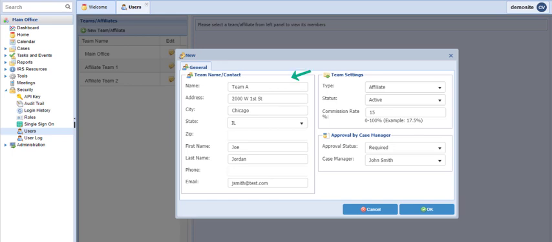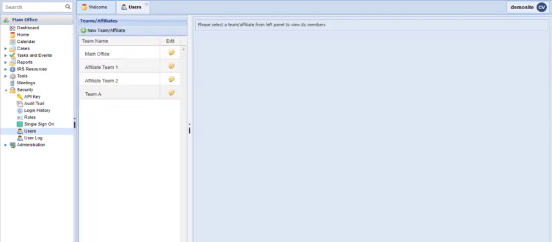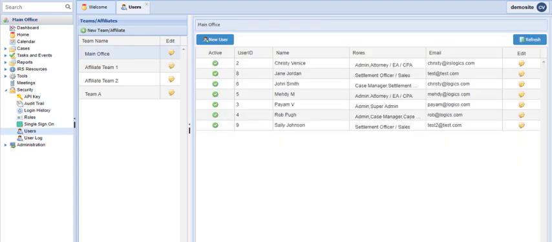Here, you can input general information relating to your team or affiliate, input a team commission rate if applicable, and manage the team's approval status. Click OK to create your new team. You'll want to make sure that your users are always created under the correct team. To create a new user, click on the team that you are adding the user to, and then click on